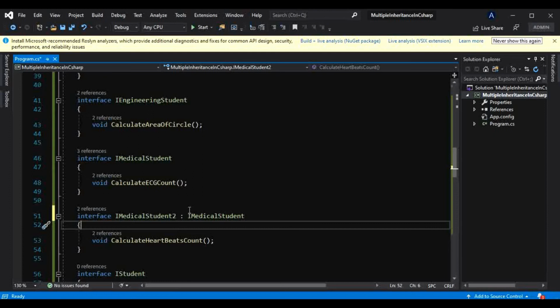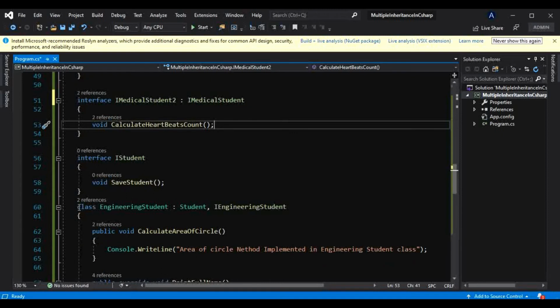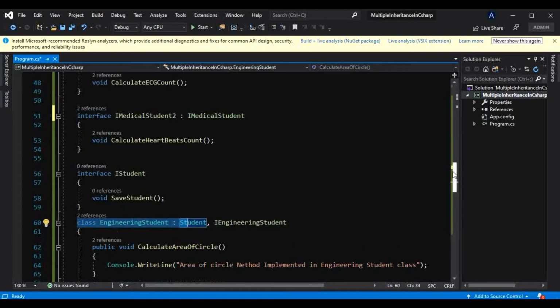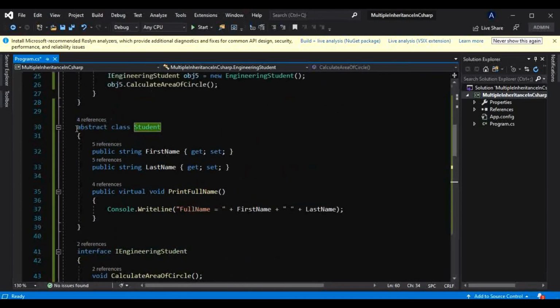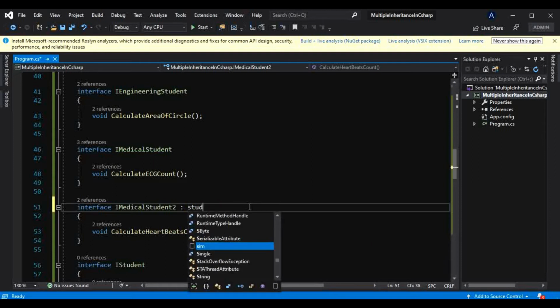So we are able to inherit this IMedicalStudent2 from this IMedicalStudent interface, but let's just try to inherit that from this class. Instead of inheriting from that interface, let's try to inherit from a class, that is abstract class Student.